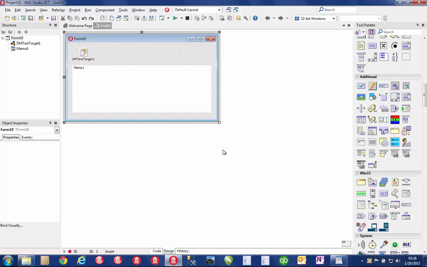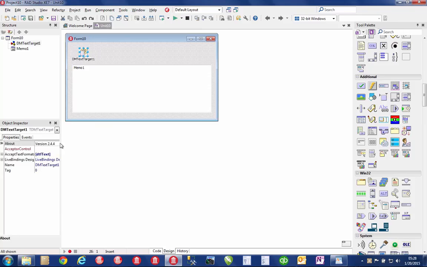So I'm back in XE7, and I have a very simple application started. I've dropped a memo control on the form along with a DM DropMaster text target. And the first thing I'm going to do is set the acceptor control of the target to be the memo. And so what I want to be able to do is drag information from another application and drop it into this text control. So first I made the setup so that this text target is going to manipulate this memo,